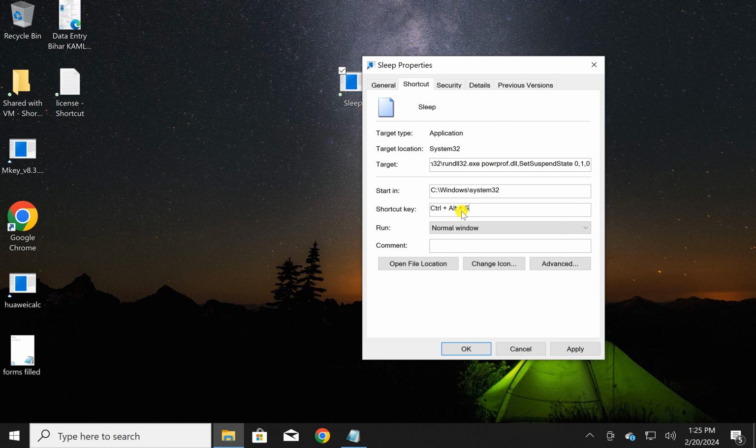I have pressed letter S on my keyboard and Windows has automatically added Control plus Alt for this shortcut. That means I can access the sleep function in this PC by pressing Control Alt plus S at a time. After setting this keyboard shortcut, click on this Apply button, click on this OK button.